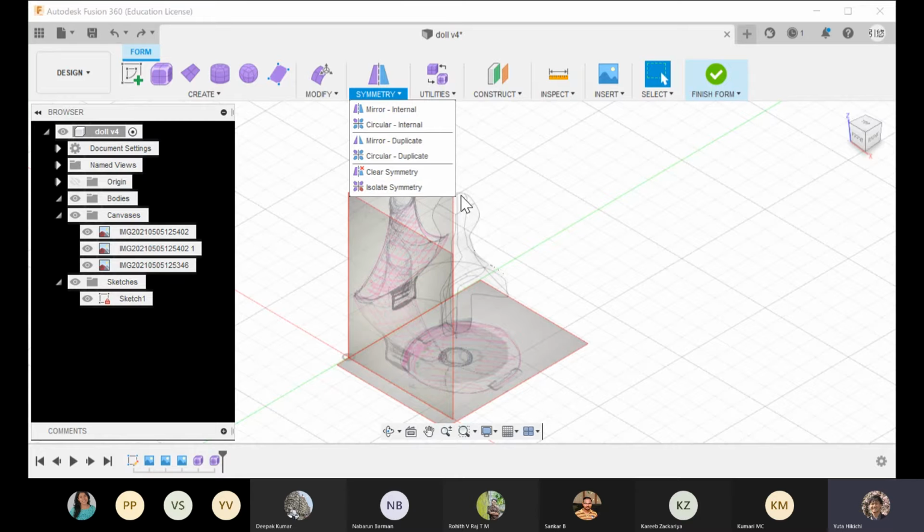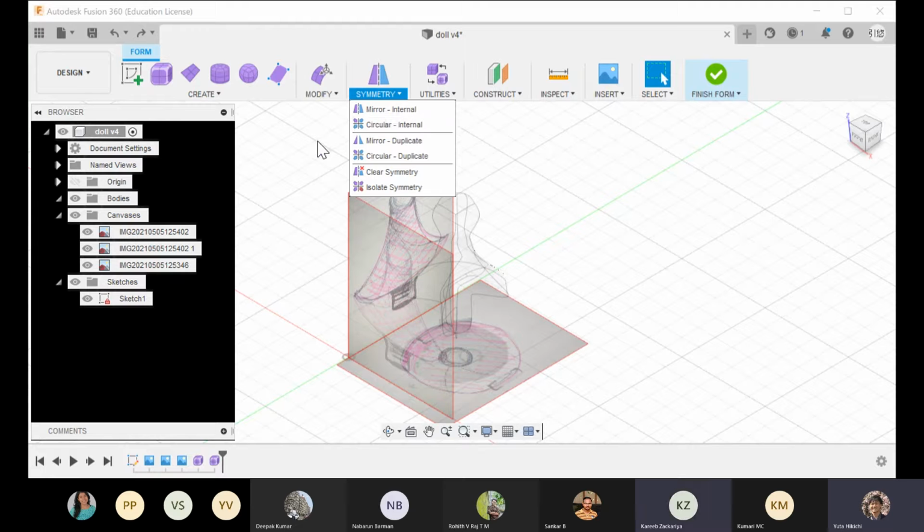Actually I wanted to make things circular like this, with symmetry, by rotating the sketches, but I don't know how to do that. If possible, could you tell me the tips for that?